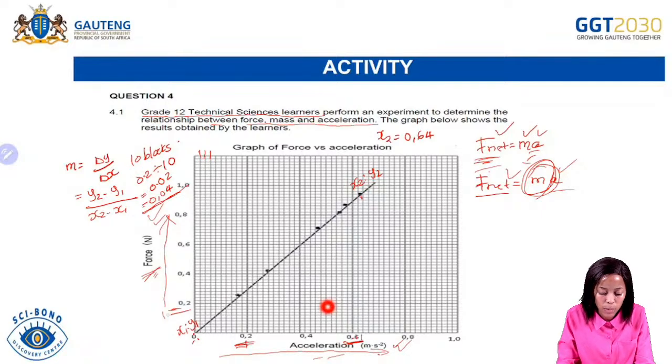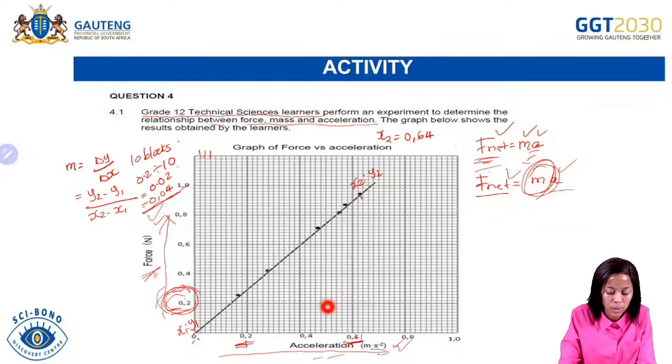So your x2 is represented by 0.64. The same goes for the y-axis. The first point there is represented by 0.2 and then 0.4 going up. With the 0.4, you count the number of blocks in terms of the y-axis, and you see that you have 10 blocks in between. So again, it would be 0.2 divided by the number of blocks, which gives you the very same